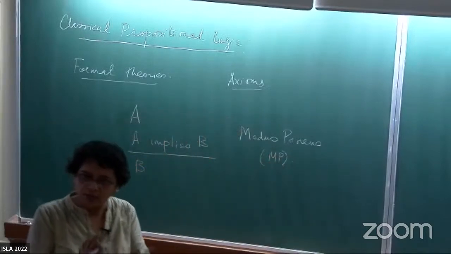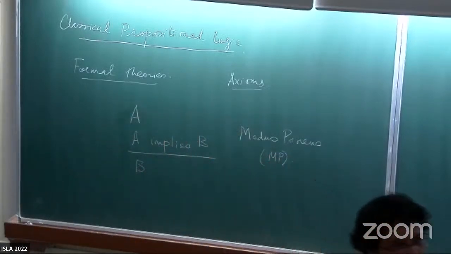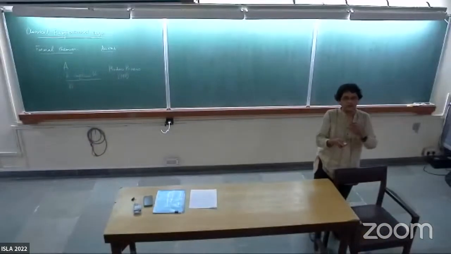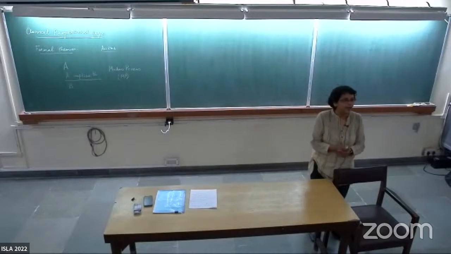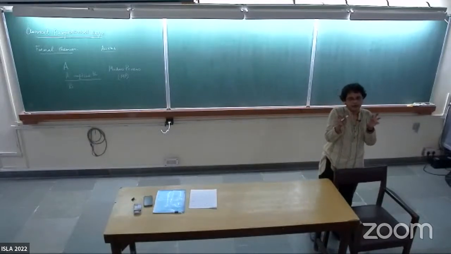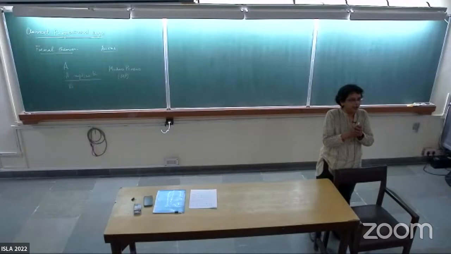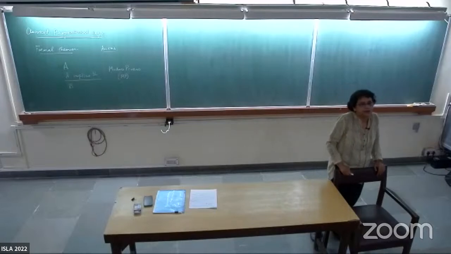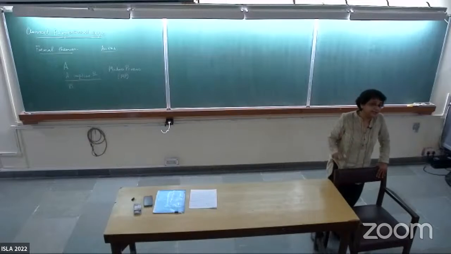So this we use all the time. If you go back to any mathematics textbook and look at a proof of a theorem, you would always see, okay, I have got this result, let's say from some lemma. Now I see that if I assume that statement, I get here. So of course I'll conclude that, right? So what are you doing? You're using modus ponens in that proof. So this is just an example.